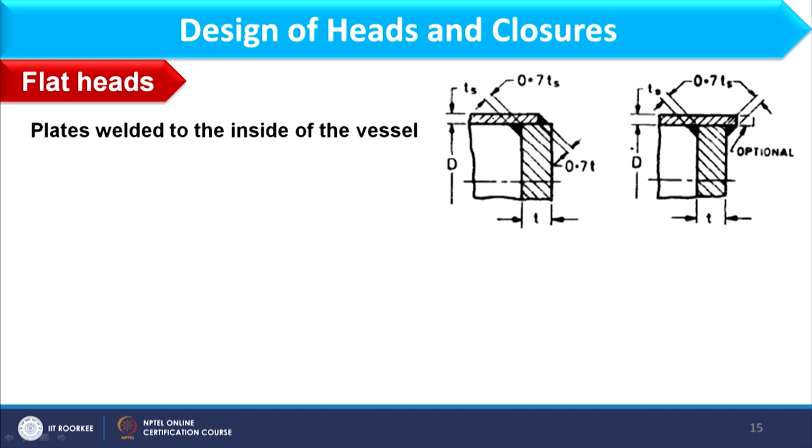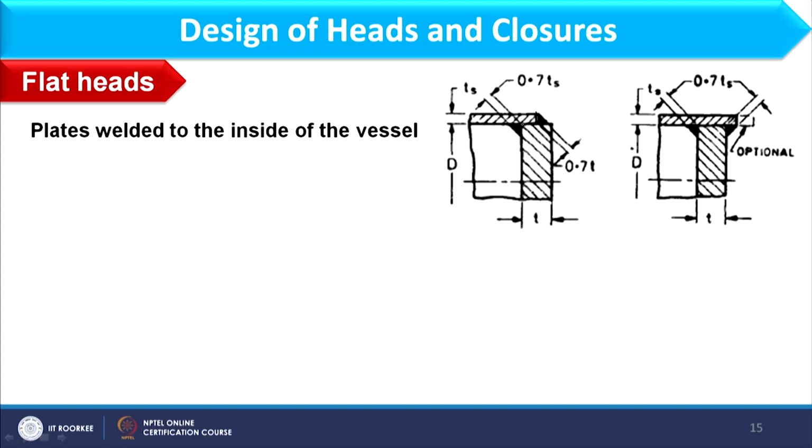Here I have this shell, and inside this shell the head is attached. If you consider the previous diagram, there the head is attached to the shell through butt welding. I hope you remember the different types of welding which we discussed in lecture 4 of week 1 on weld joint efficiency factor. So, here we have this flat head which is attached inside to the shell, here and in this diagram also.